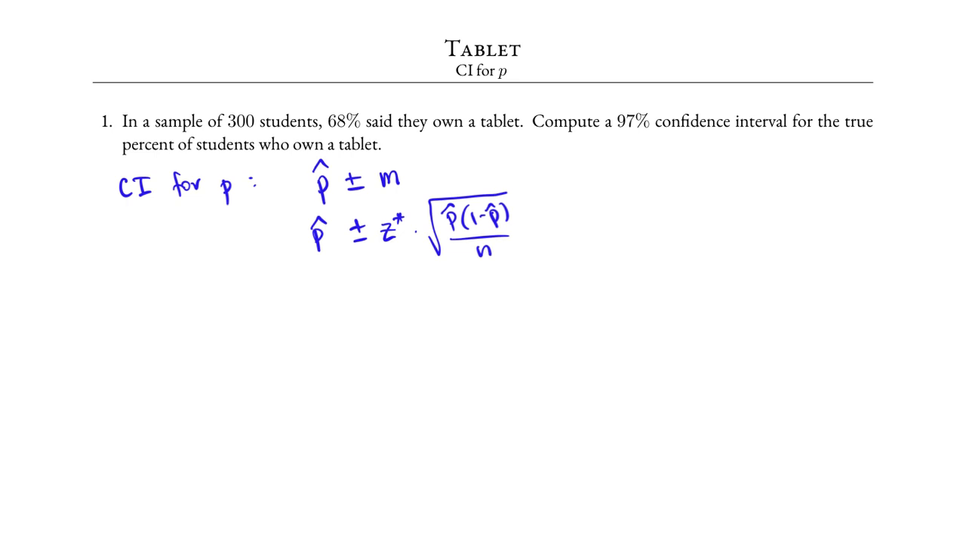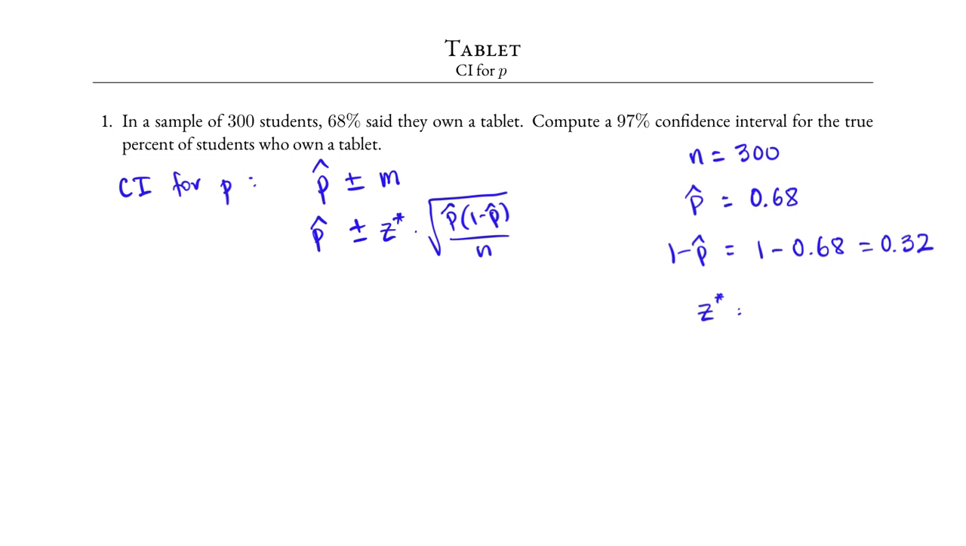In this case, n, the sample size, is given: 300. p hat, the sample proportion, is given: 68% or 0.68. 1 minus p hat is therefore 1 minus 0.68, or 0.32. The corresponding z critical value that corresponds to the 97% can be looked up using the table,